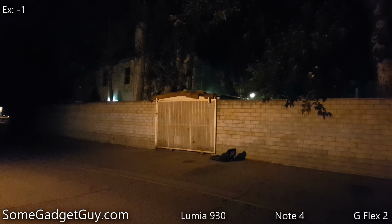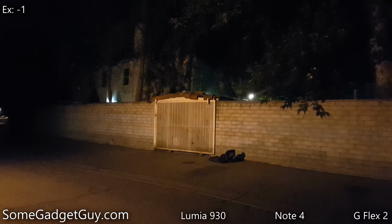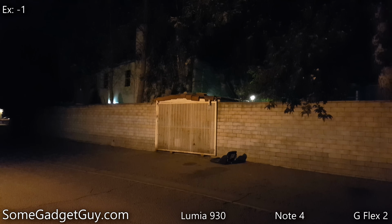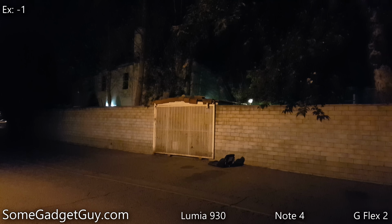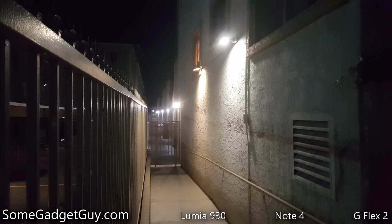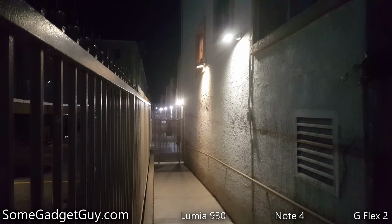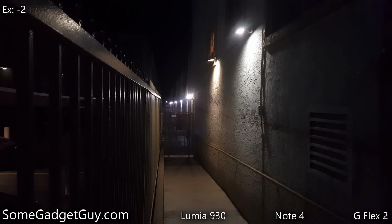On the whole, I like what Samsung is doing with white balance, erring on the side of warmer colors, though I still could do with just a bit more yellow or orange in this shot, as this gate is lit by a really ugly security light. On our walkway shot, we can clearly see the difference between the color temperature of these two bulbs and the brighter exposures, creating more noise than we need, and again, stopping down gives a more accurate scene, better contrast, and